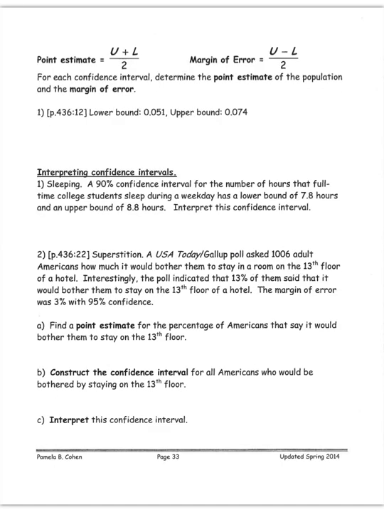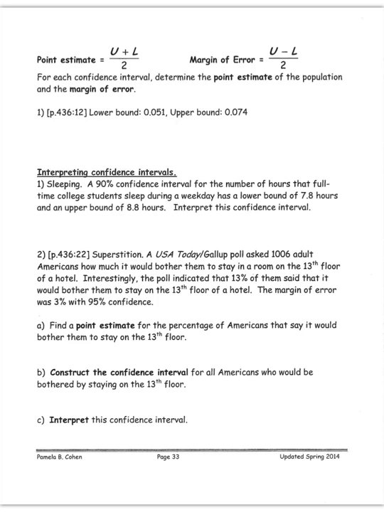All right, so if we only have the confidence interval and we want the point estimate, then we're going to take our upper boundary and our lower boundary, and we're going to take the average of it, and that will give us our point estimate. Then the margin of error is the upper boundary minus the lower boundary, and you divide that in half. So the example I have is a lower boundary of 0.051, which would be 5.1% of something, and my upper boundary of 0.074, which would be